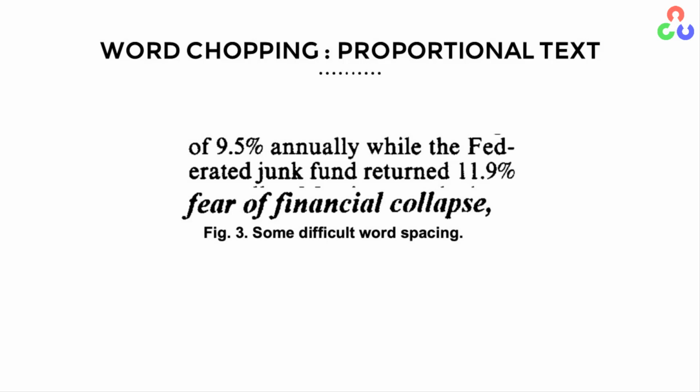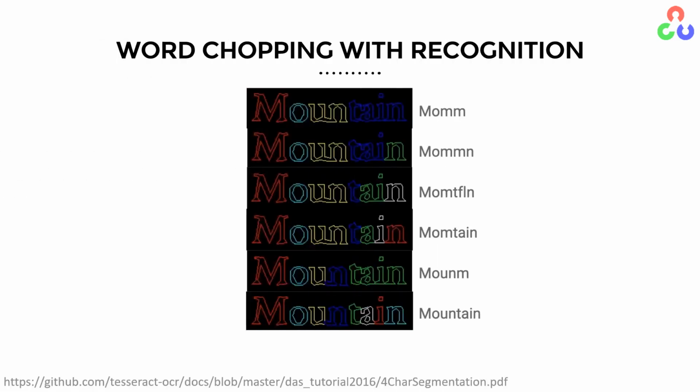Now, not only that, sometimes even with these methods, it's not possible to get a perfect chopping of the words. You cannot chop the word into characters perfectly. And when that happens, they combine recognition with character segmentation. So they go back and forth between recognition and segmentation. For example, this word that you see, it says morning, and when the segmentation is wrong, it comes out to be mom. And then they create another segmentation, and you can see that it's still wrong. And they do this iteratively, and finally you can see that the segmentation is correct and this mountain word is